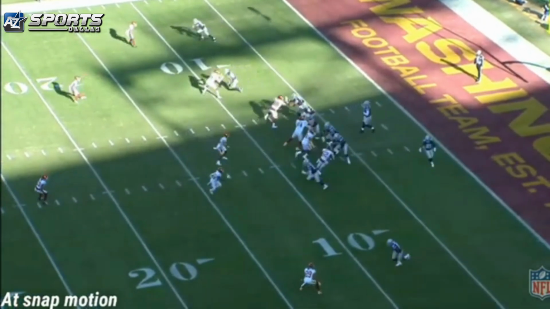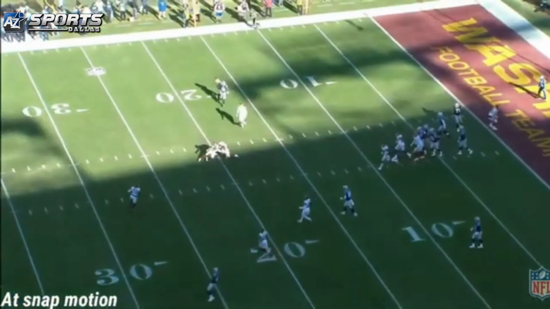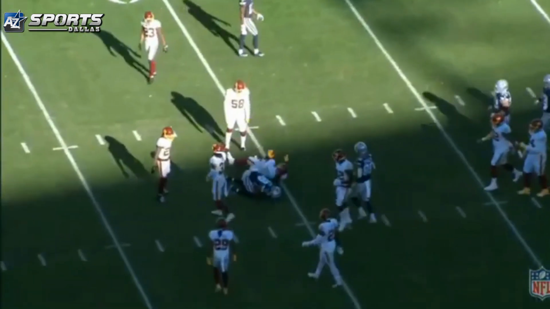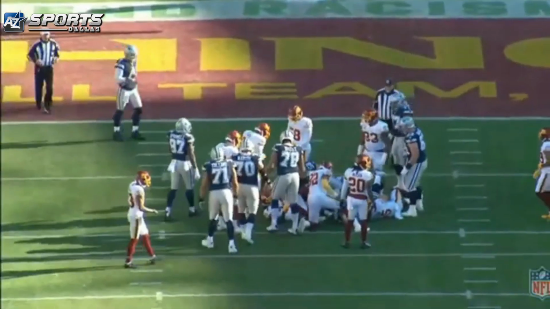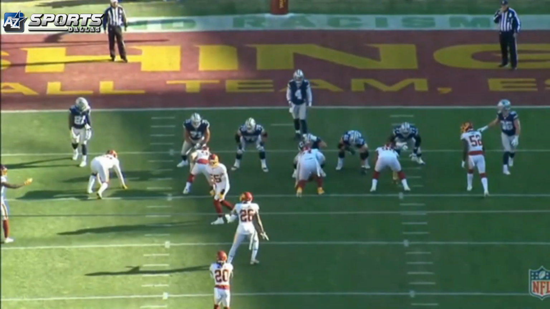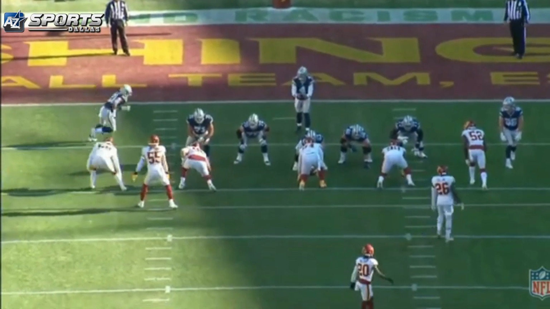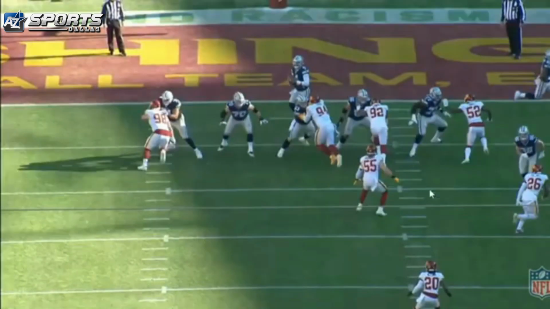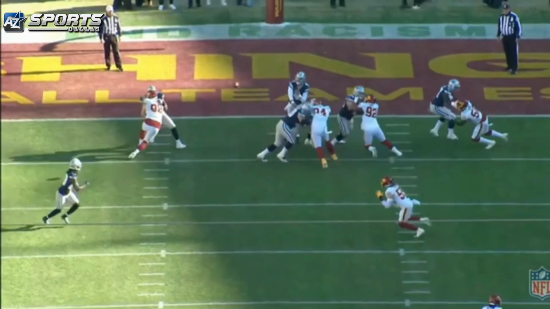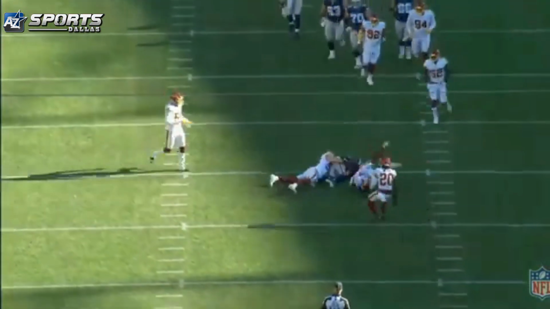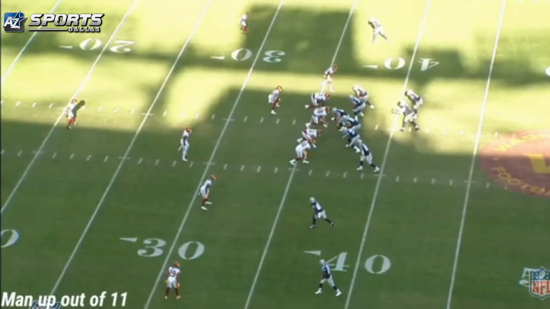All right, so here's where, y'all know me, I love at-snap motion, and it worked. I feel like it worked a few times in this game, and we don't do it enough. Now watch Ezekiel Elliott. You're going to get him moving in motion, and you're going to have two guys actually react to it, which creates this open space. You got Zeke moving. 55 and 26 are gone, and that creates this open space right in this area. For those who may not see, right in this whole area right here, open. And that's where Dak puts it for the easy first down. This is why I love at-snap motion. We don't do enough pre-snap, and we don't do enough at-snap.